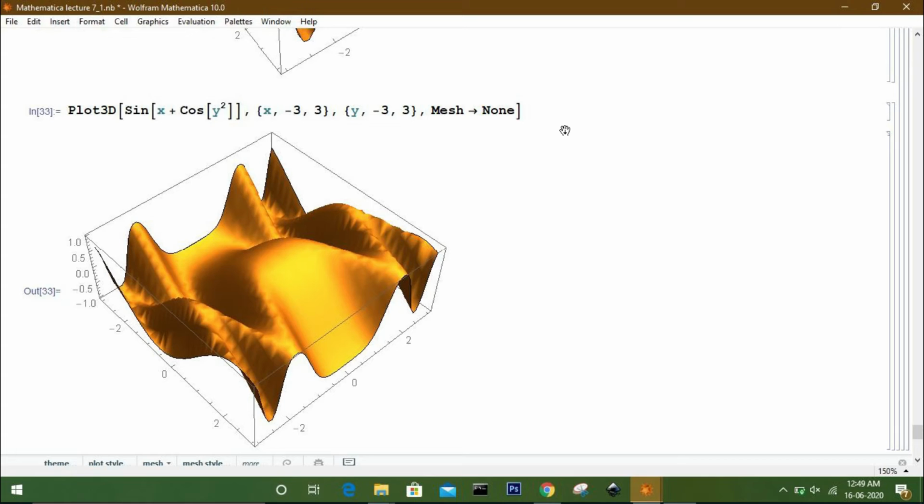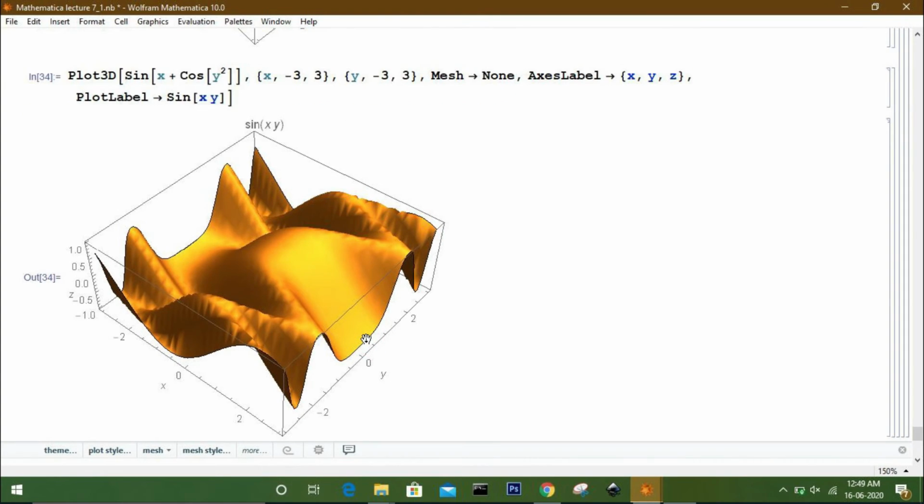Now for decoration of the 3D plot, you can style it in various ways. Say you can make the mesh to be false like this. I set mesh to none to remove all the meshes from the plot.